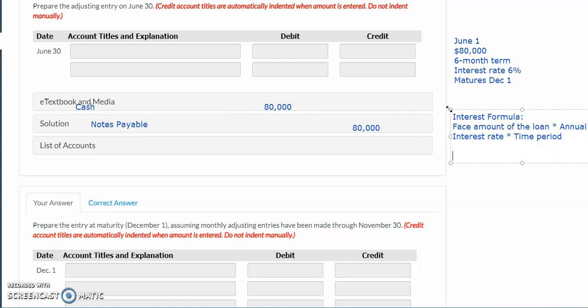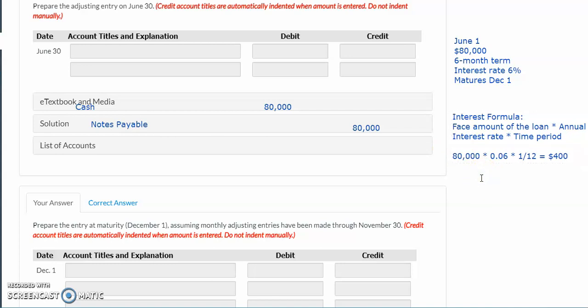So in our example, the amount of the loan is $80,000 and the annual interest rate is 6%, so I'm going to put in 0.06 into my calculator. And the time period that we're doing this adjusting entry for is going to be for the month of June, so 1/12. And once I do the math here, I'm going to determine that my interest is going to be $400 each